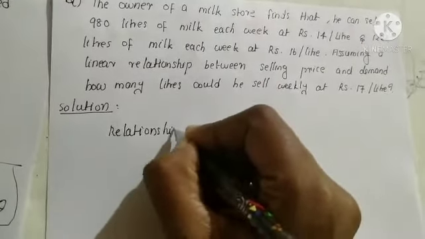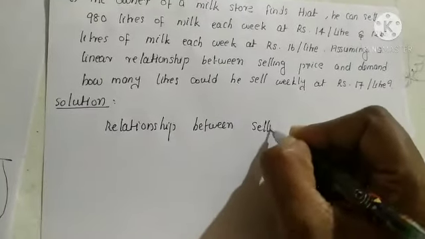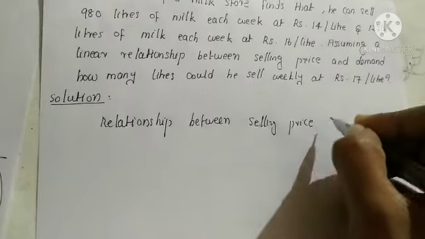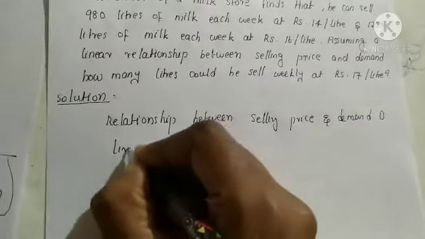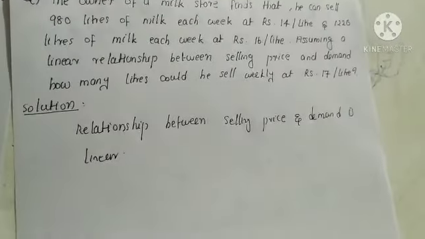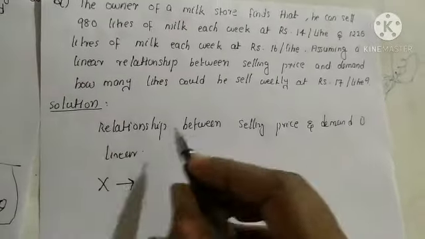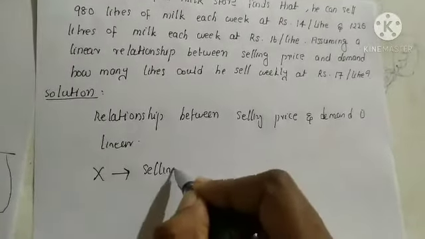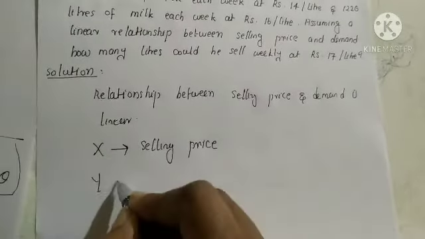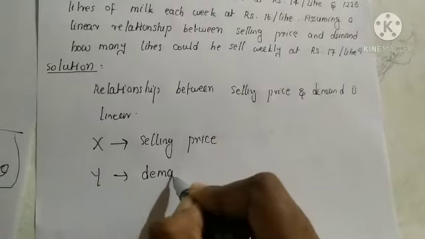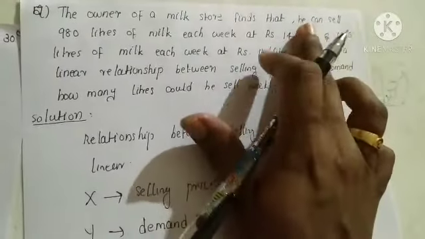The relationship between selling price and demand is linear. So I'm going to take selling price as the x-axis and demand as the y-axis, and given 2 points, that is